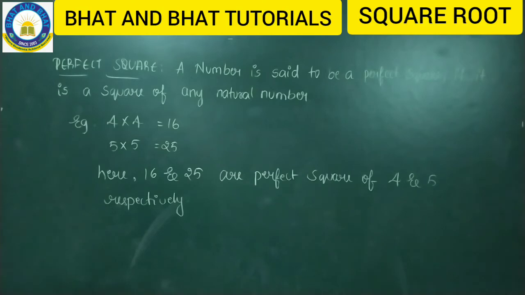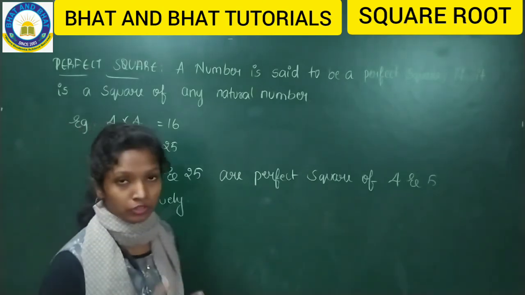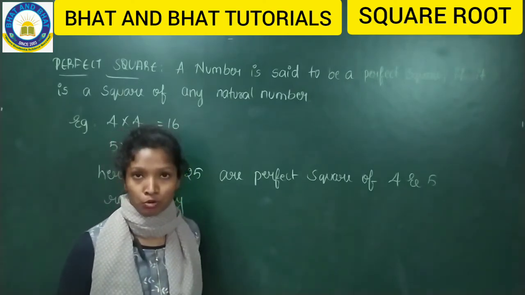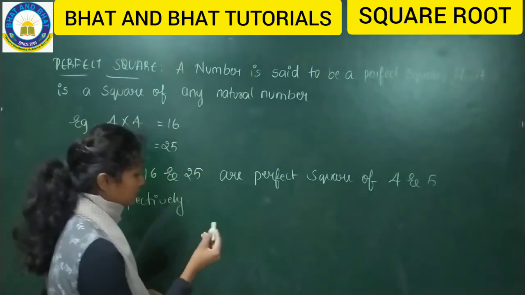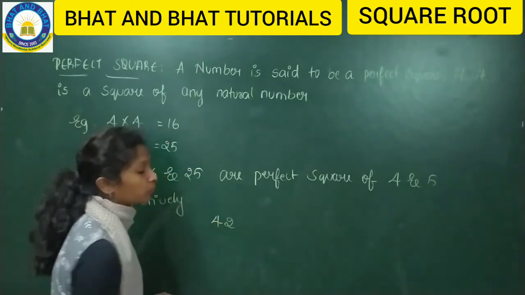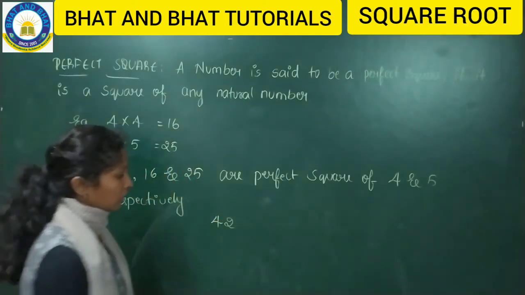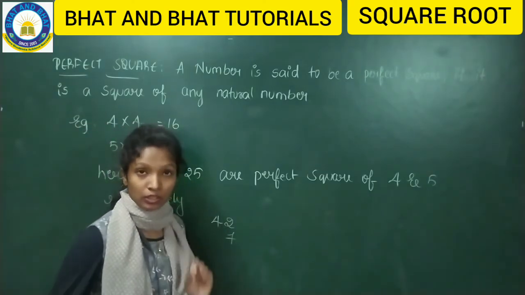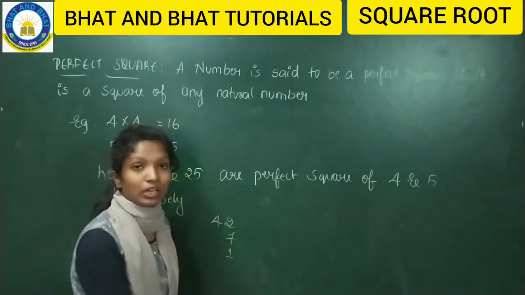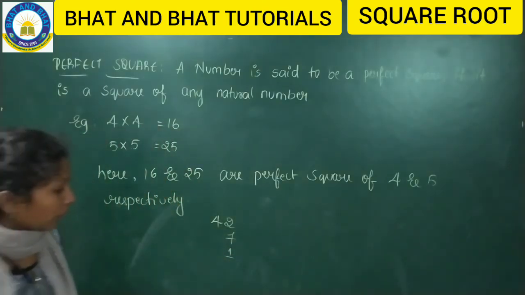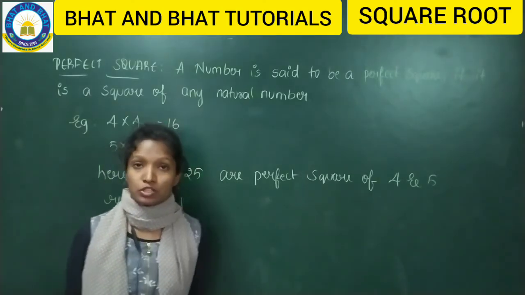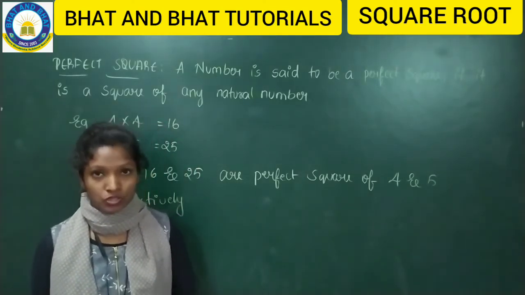Fine, hope you all copied this. When we move on to further things, there are some properties of perfect squares. So what are those properties, ma'am? For example, a number ending with 2, say 42, we can't call that a perfect square. The number ending with 7, we can't call that a perfect square. Why? You will get to know in the properties of perfect squares, where we'll learn about it in detail.